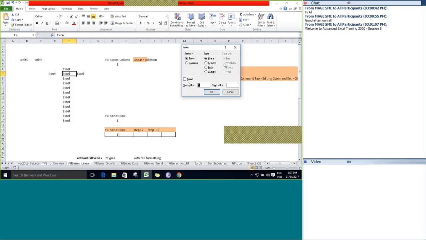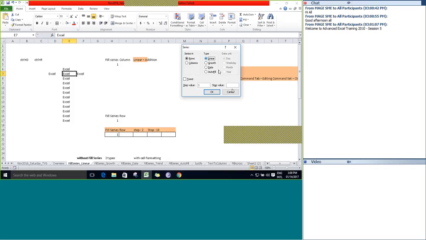Let's see one by one. Here the date unit is deactivated. The moment you click on the date type, you can see that 4 different date units, day, weekday, month and year, will be activated. Let's see all these options one by one.